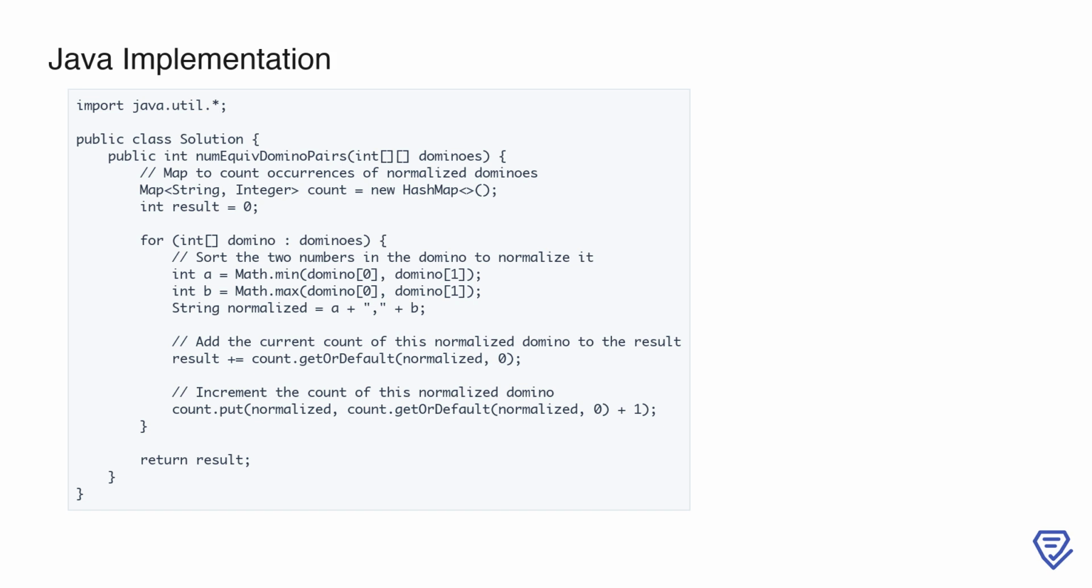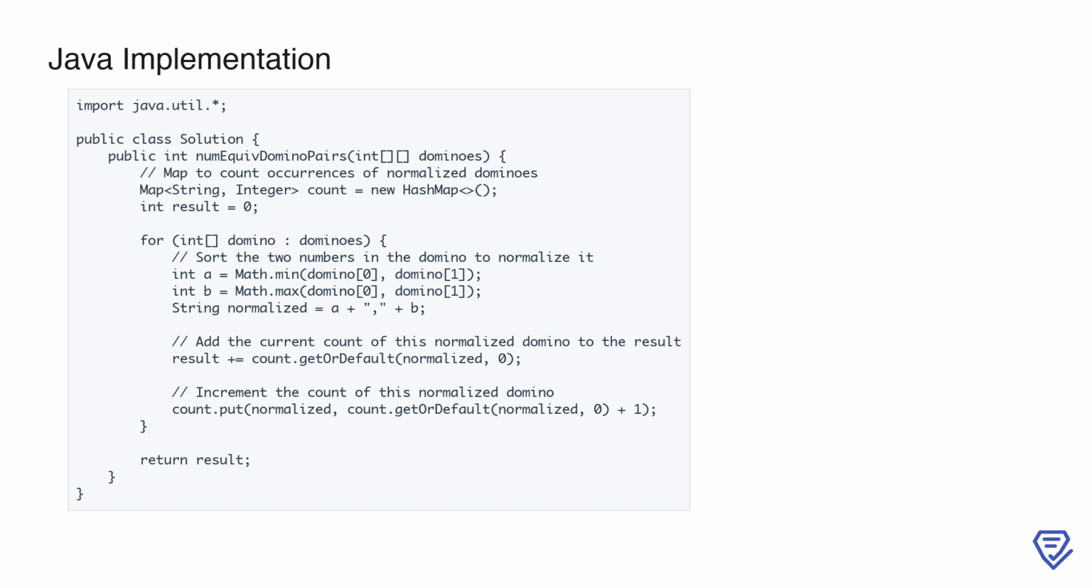This is the Java implementation of the number of equivalent domino pairs problem. The logic mirrors the Python solution, where domino pairs are normalized by sorting their values to ensure [A, B] and [B, A] are treated identically. A hash map is used to count occurrences of normalized dominoes, and the result is incremented using the current count for each normalized pair. Key Java-specific differences include type declarations and the use of Java's HashMap instead of Python's